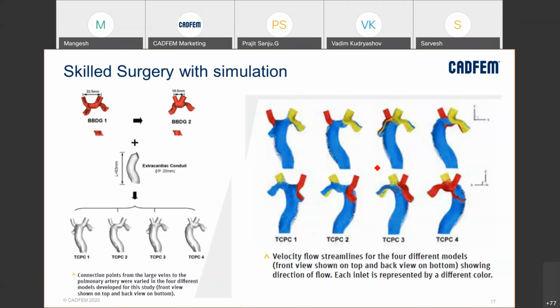By looking at the overall pressure drop, or the kind of vortices being generated, or the recirculating zones getting generated. With this information, one can decide which one is the right, and then the surgeons can go for this, complete surgery in one go, right? They can avoid going step by step, but instead go with just one attempt where they